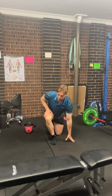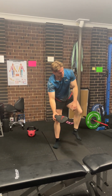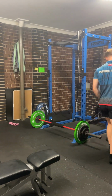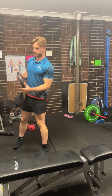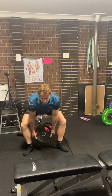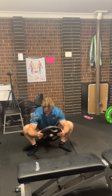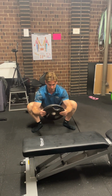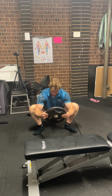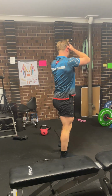Now we've done our ankles and hips a little bit. I then like to work on the hips a tiny little bit more. So you hold a 10 kilo plate, sitting down as deep as you can, pushing those knees out and looking up, and you just sort of want to get comfortable sitting in this position nice and low. Okay, once you do that for about a minute, then you progress to